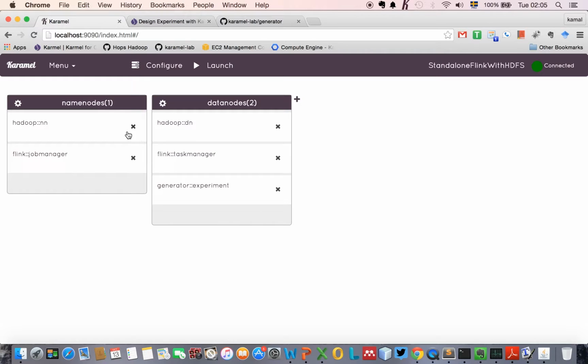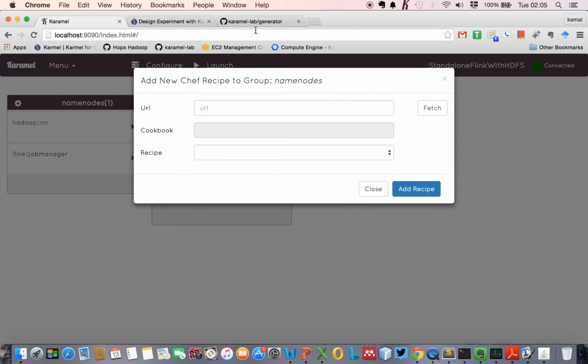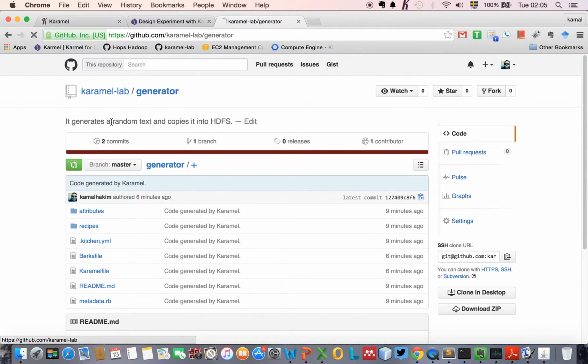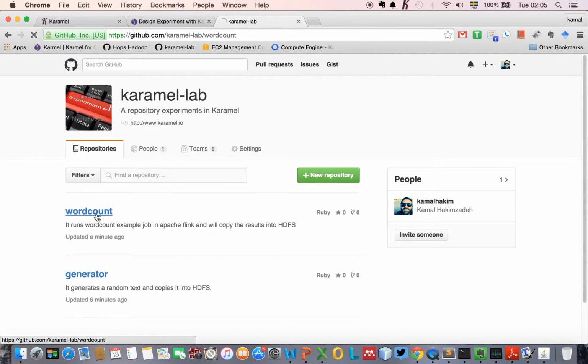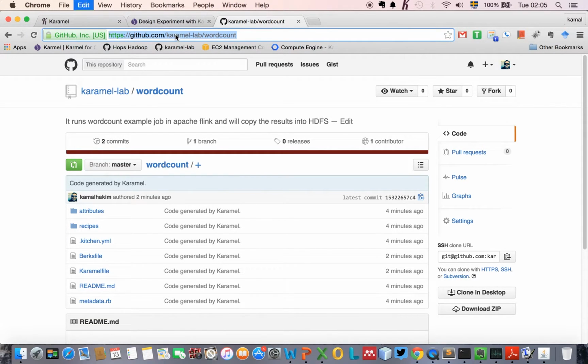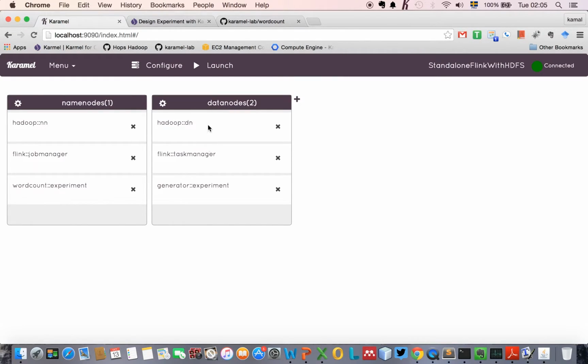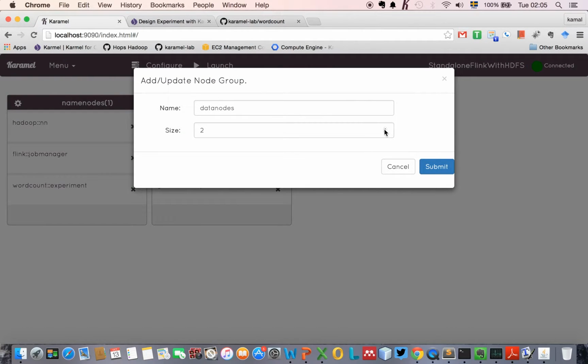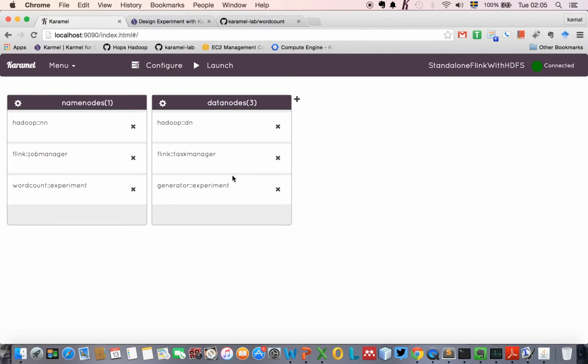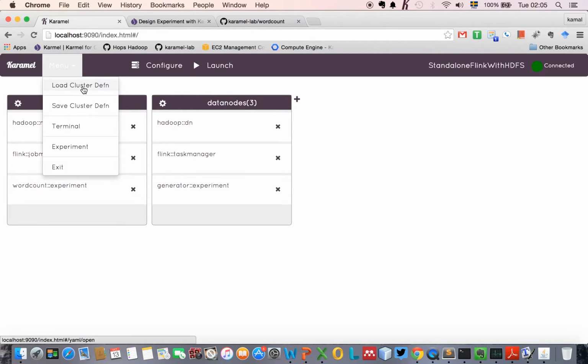data node stack, and then in name nodes I want to add word count. I copy the word count URL, come back here, paste it, and I fetch it. So now I have the word count experiment here. Alright, we are done. The only thing you can change if you want is the number of nodes. You can increase it. I can increase it to 3 maybe. And now